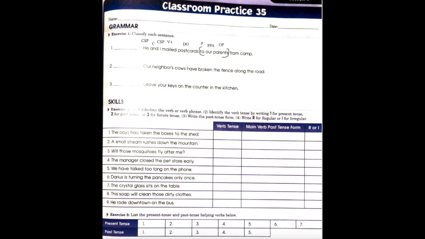From camp. From is another preposition, so we have another prepositional phrase here. From is a preposition, and of course whatever word comes at the end of the prepositional phrase is the object of the preposition. Period, sentence, period, statement, declarative sentence. He and I is the complete subject. Mailed postcards to our parents from camp is the complete predicate. And the type of sentence that it is: subject, noun, verb transitive, direct object,